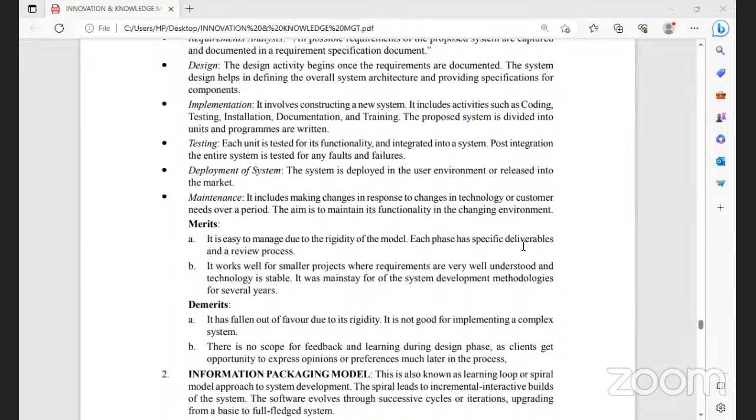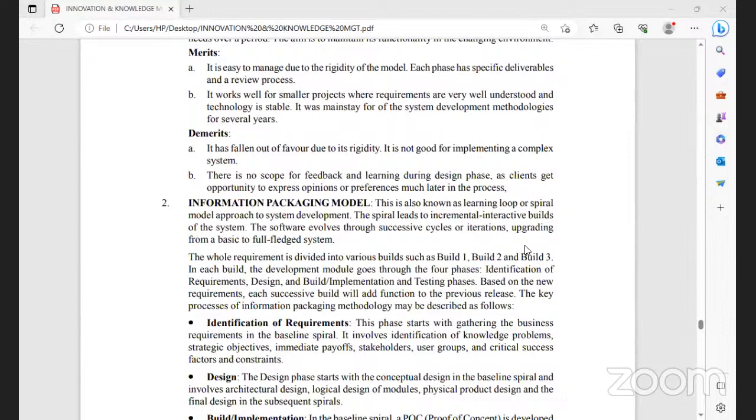This means the waterfall model will be used only for small projects, and that is the advantage in the SDLC process, particularly in the IT industry. Demerits are that it has fallen out of favor due to its rigidity and there is no scope for a feedback mechanism. And the next point is